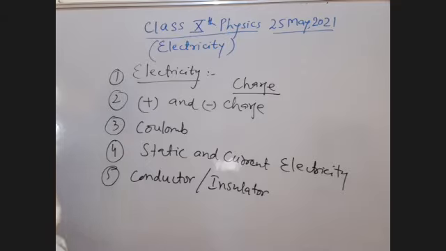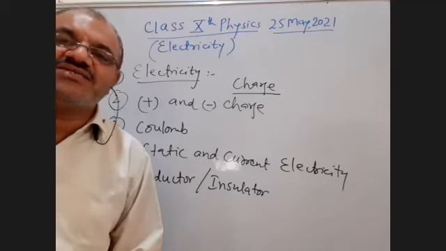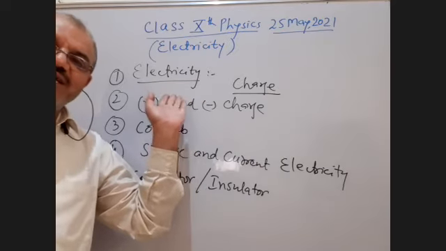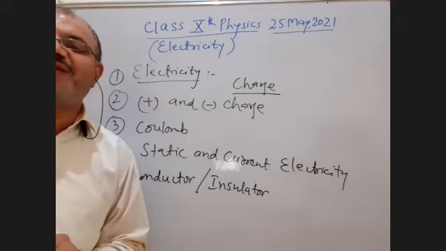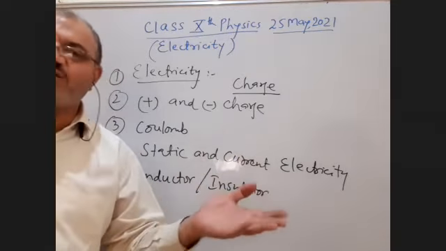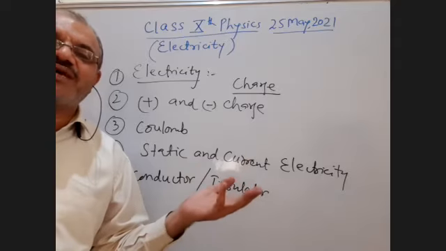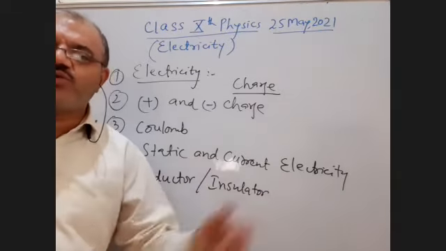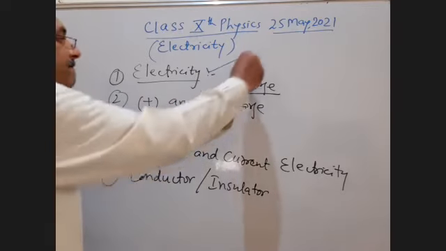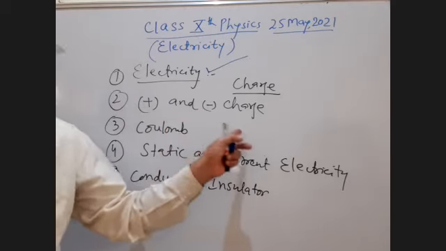Now, student, it is electricity. Electricity is an energy which is used to run electrical appliances. Electrical appliances may be fan, computers, refrigerator, microwave oven, air conditioners and all. These all are known as electrical appliances. The energy which is required to run the electrical appliances is called electricity. First, it is clear.